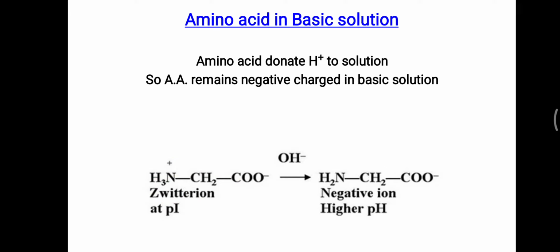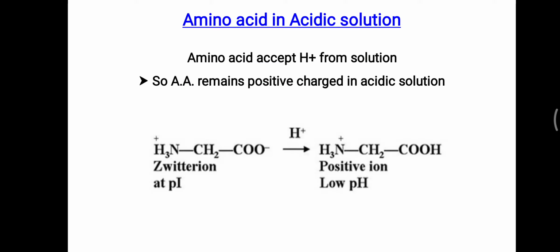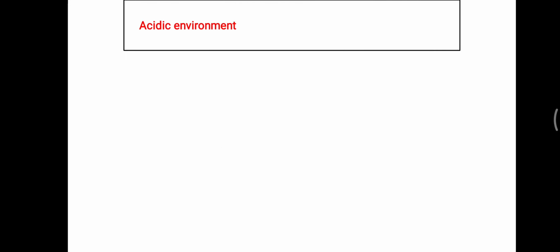So what is a zwitterion or ampholyte? It is simple: depending on whether the solution is acidic or basic, this amino acid will be converted into a positive or negative charge correspondingly. In this alkaline or basic solution, it is converted into a molecule with a net negative charge. Opposite to that, when this amino acid is kept in an acidic solution, it will accept hydrogen from the acidic solution, and will be converted into the positively charged molecule. So from this zwitterion characteristic, it will accept one H plus and be converted into the positively charged or cationic form of the amino acid.